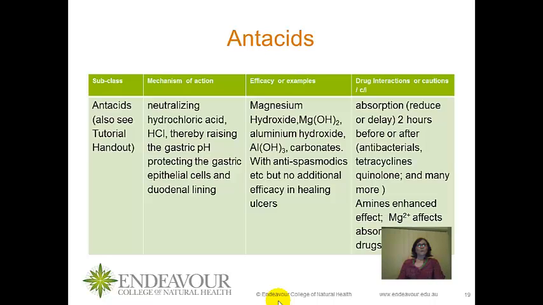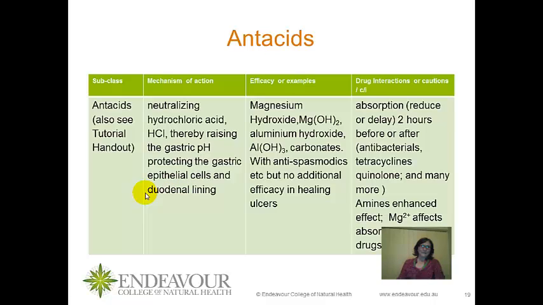If you have a look in detail at the antacids and start to build up some information about these in a drug diary that you'll compile, you'll see that they will just neutralize excess hydrochloric acid. This raises the pH of gastric contents, but as you can guess, there might be less efficient digestion of proteins. But this will certainly reduce the amount of burning, but it doesn't stop those contents from